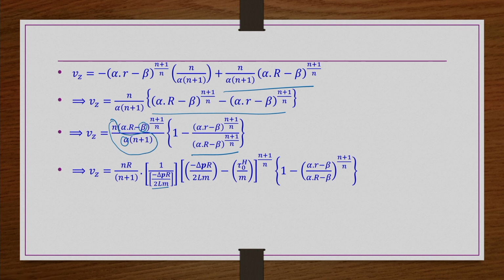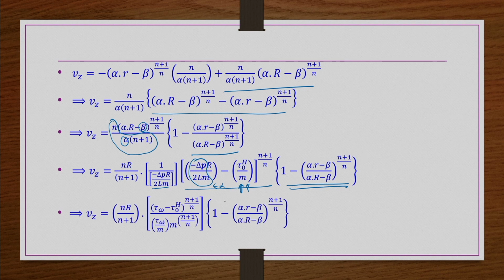And then the remaining part is alpha, capital R minus beta, power (n plus 1) by n. So, this is your alpha and this is your beta, right. The same we can do here also, but I wanted to do it step by step, so that the calculations are easier and easy to follow.